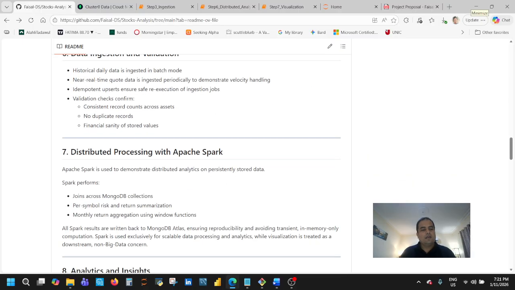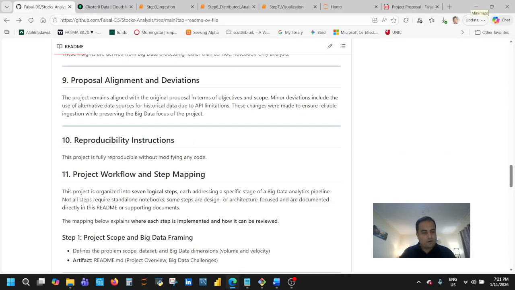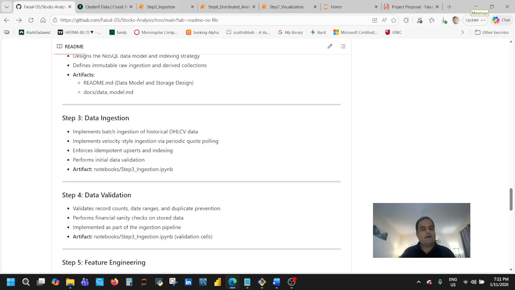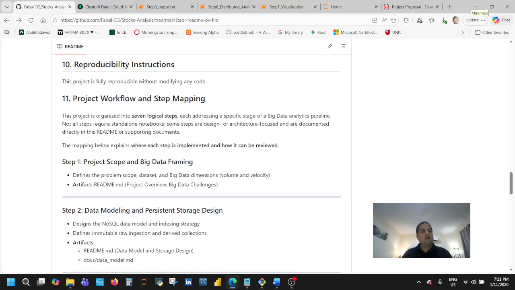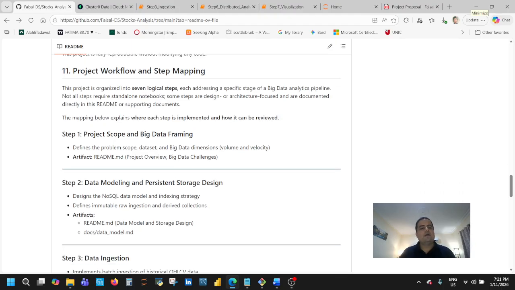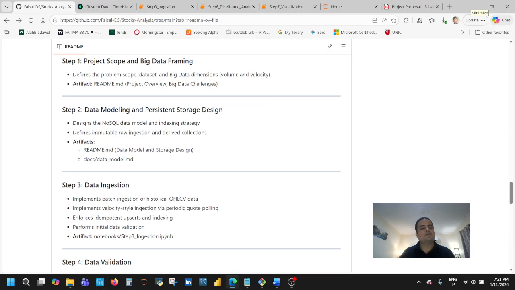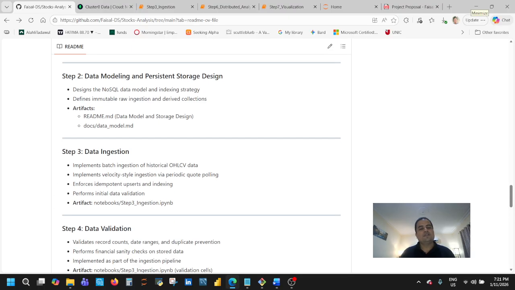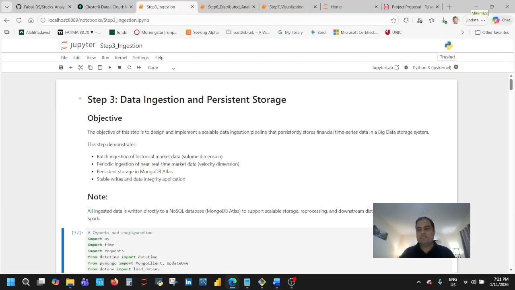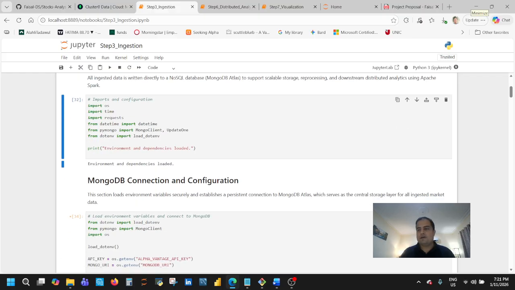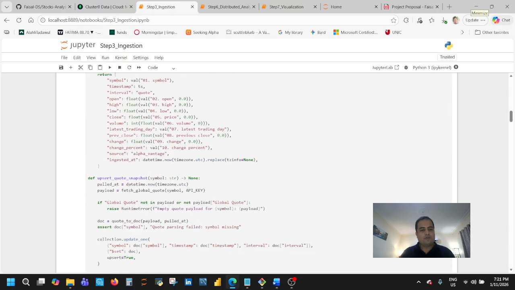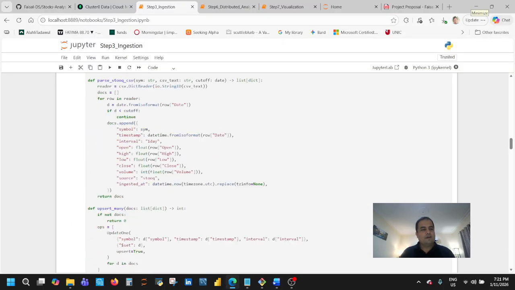Why I've gone to step 3 directly is that in this README file, I have provided all the steps I have undertaken to complete this project. Step 1 is project scope and big data framing. Step 2 is data modeling and persistent storage design, which is available in the repository. Then step 3 is data ingestion, done through code structured in Jupyter notebooks, as can be seen here.